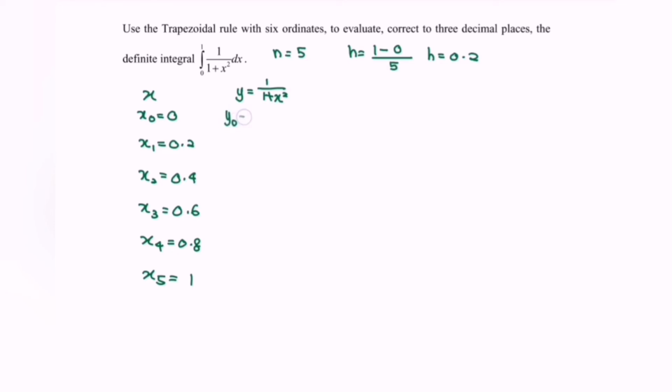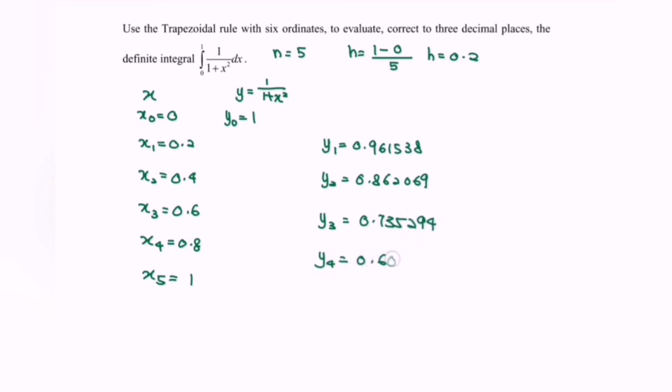And we will have y0 equal to 1. Next, we have y1 equal to 0.961538. Next, y2, y3, y4, and we have the final value, y5, 0.5. Kindly sum up the situation. Here we have 1.5 and